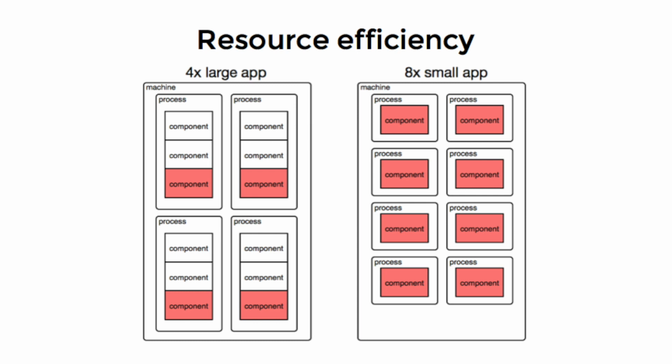The first technical advantage is resource efficiency. Imagine you have this big monolithic app that does all sorts of stuff, but it's mostly getting one type of request. It's getting this one read request over and over. To run, it needs to have everything that it can do in memory, but it's really only doing one of those things. So even though you're only using those 4 bits of your software, you have to use all of your memory. You can only fit 4 of these processes into memory at the same time.